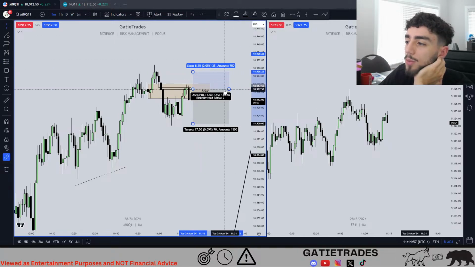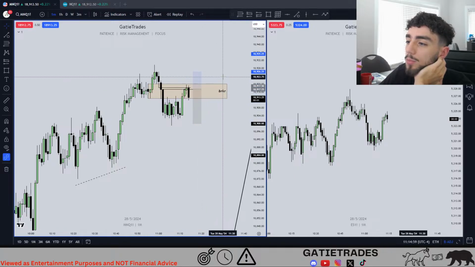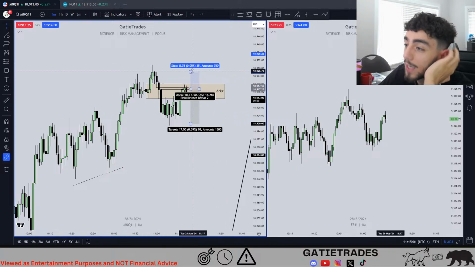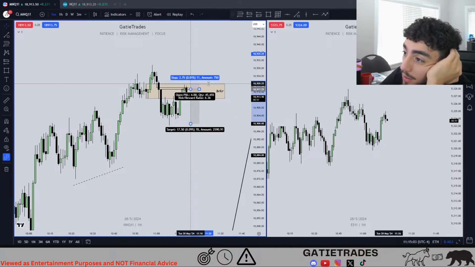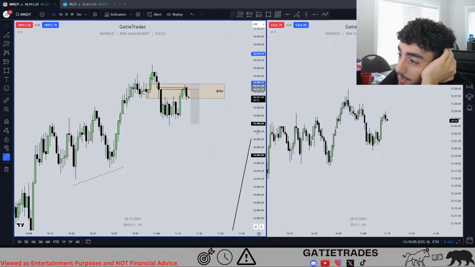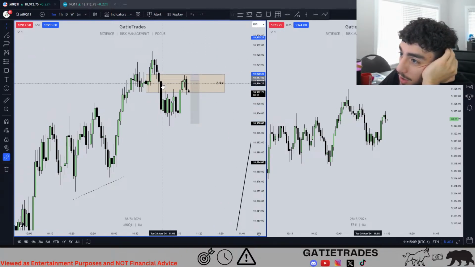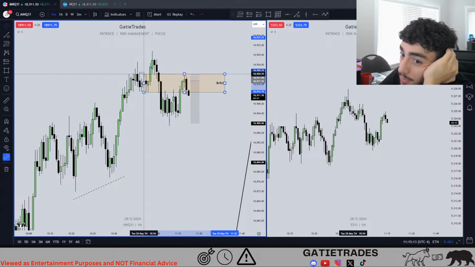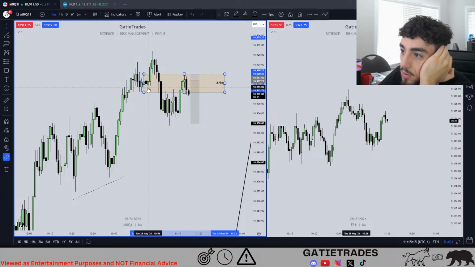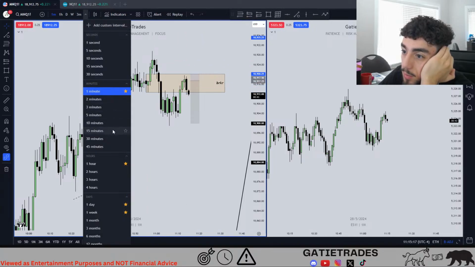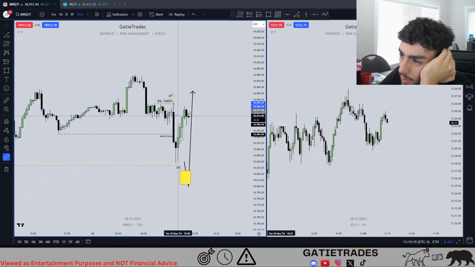1, 2, 3. Stop loss would be there if you entered on the fair value gap. We already traded above. Yo, we actually didn't even trade above the breaker high. That's crazy, bro. That's really precise. If this plays out, that's amazing. It already did inverse a 15-minute fair value gap. Oh, did it? Oh yeah, we did close above.